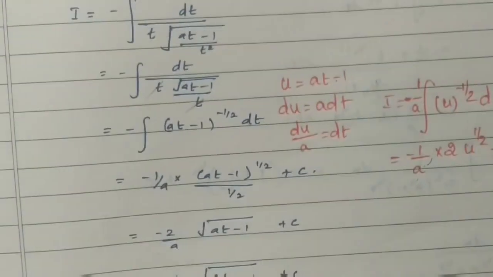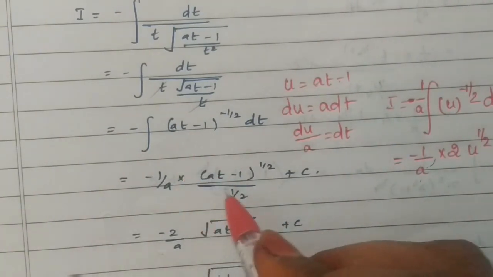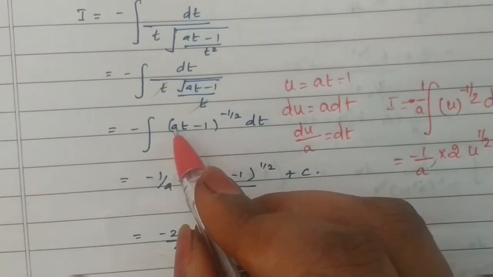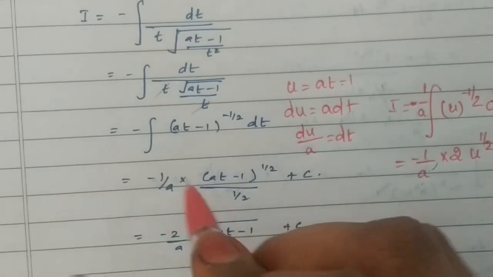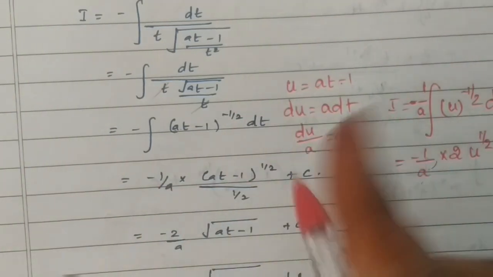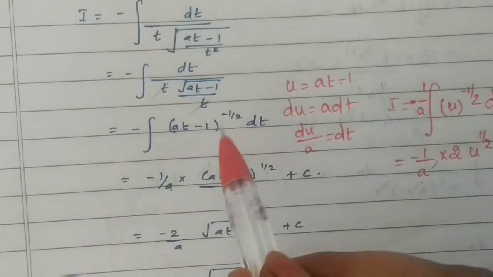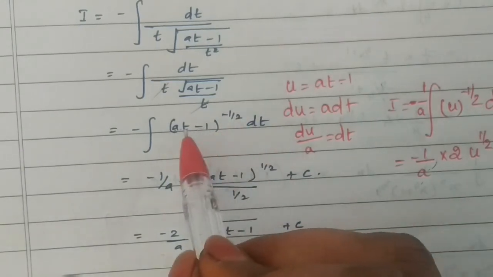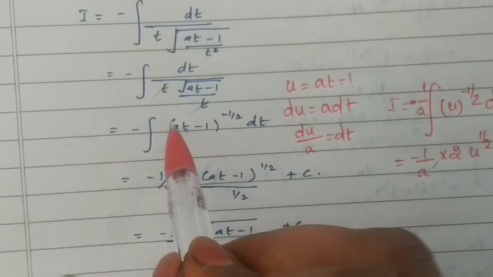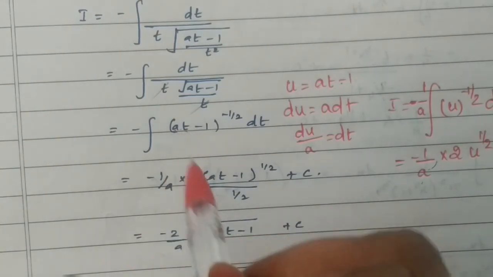After that substitute the value of u. That's what she has written directly. Here I have written directly. Here, what is the coefficient of t? It is a. So you are dividing by a. This method also you can write. If you feel it's confusing you can apply this. Otherwise, whatever the coefficient in integration, if it is with respect to t, you need to see the coefficient of t. If there is any coefficient you need to divide by that.